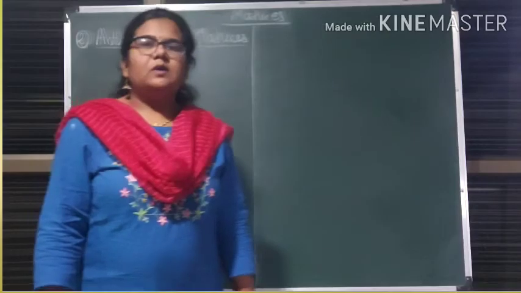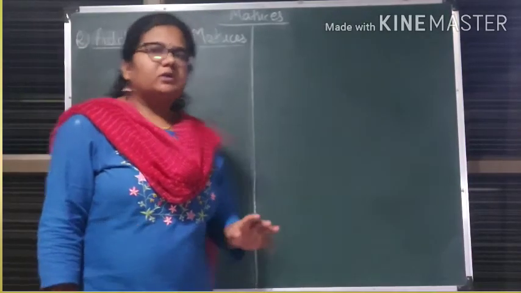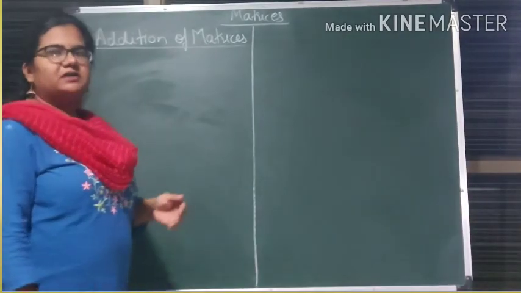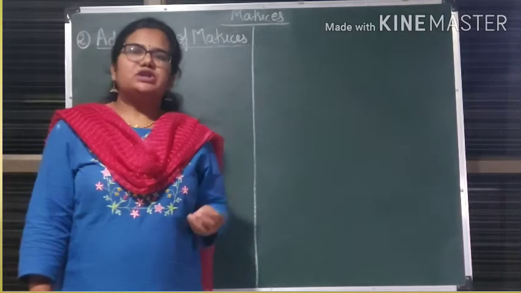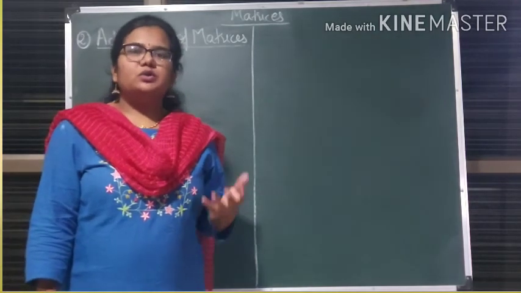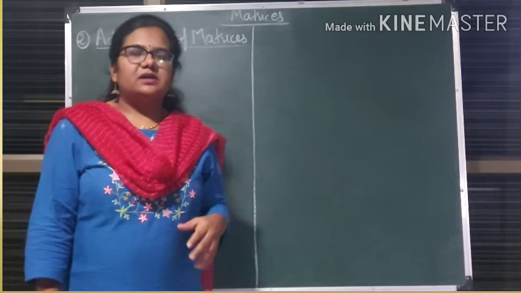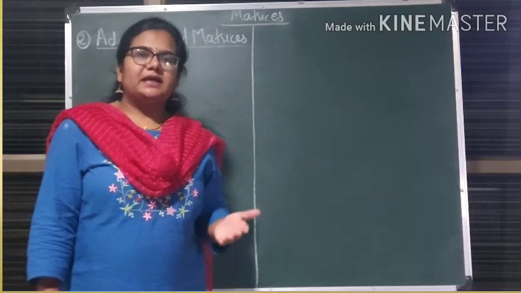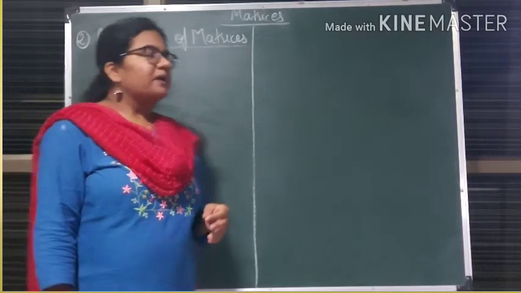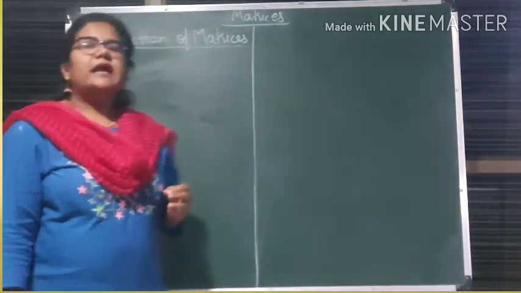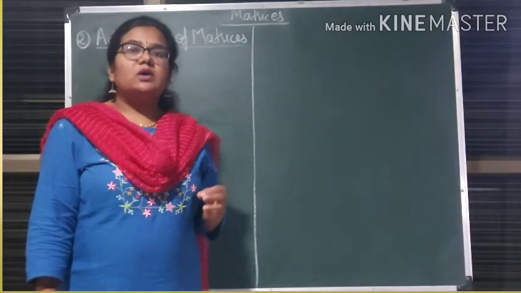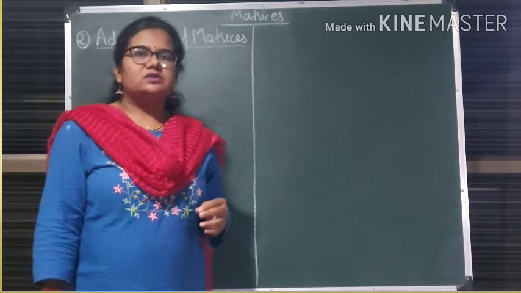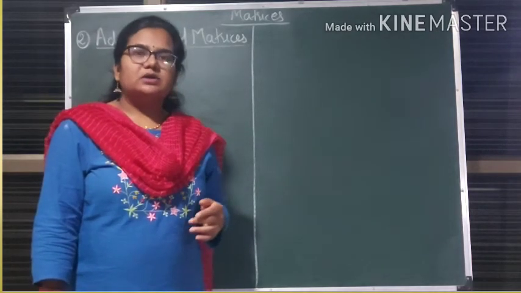Yes? Now, next in algebra of matrices we are going to study addition of matrices. Now, what is addition of matrices? What is a matrix? It is a simple arrangement of numbers. So, already you know how to add two numbers. Similarly, here we just have to add the corresponding elements in the matrix. Okay. Now, there is one condition for addition of matrices. The order of the matrices should be the same.